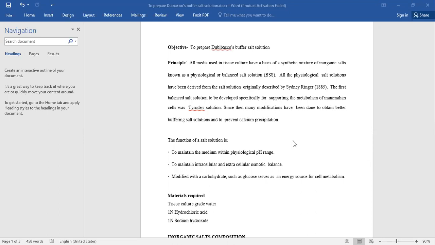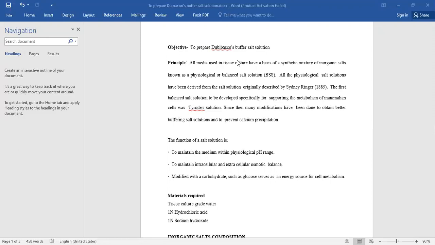Today I am going to discuss the topic Dulbecco's buffer salt solution preparation. So what are buffer salt solutions? In the animal biotechnology lab, we prepare some nutrient media for the growth of animal cells, and these animal culture